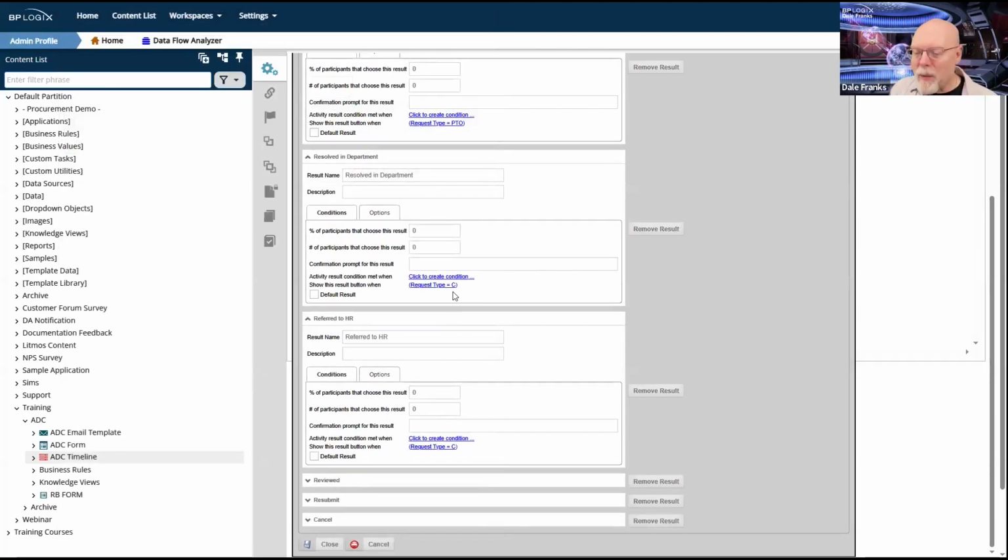And by the way, we're going to do something a little special here. If I hit resolved in department for a request instead of referred to HR, I want to skip the HR activity potentially. So if I'm going to resolve something in the department, I'm going to skip the HR action activity. The HR action activity may only be fully accessible for 3 different types of requests, but you should know that that is coming when we move on to our next activity.